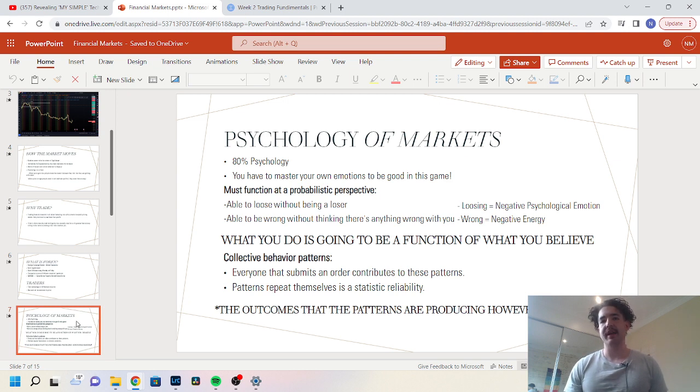Collective behavior patterns: everyone that submits an order contributes to these patterns. The patterns repeat themselves. There is statistical reliability, but the outcomes of the patterns are however random. So yeah,